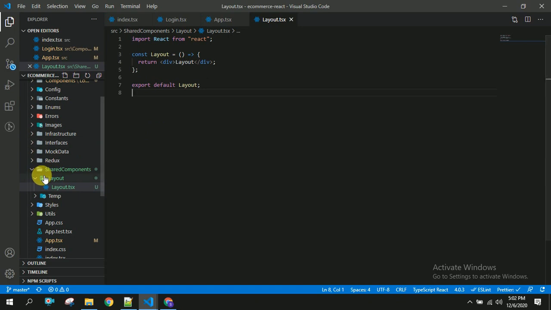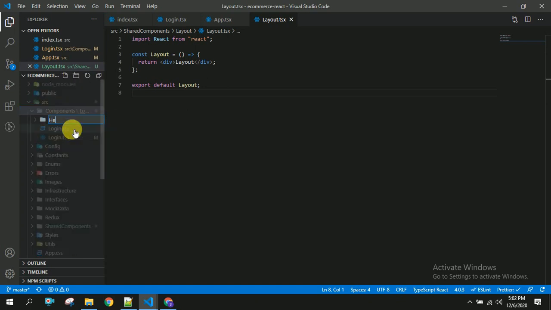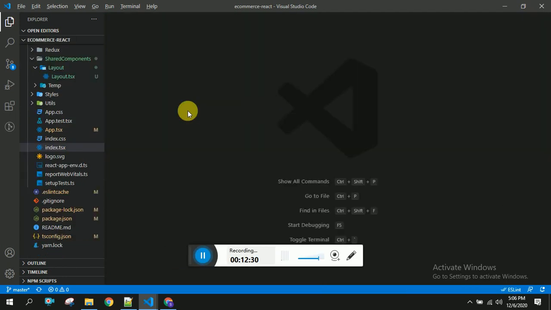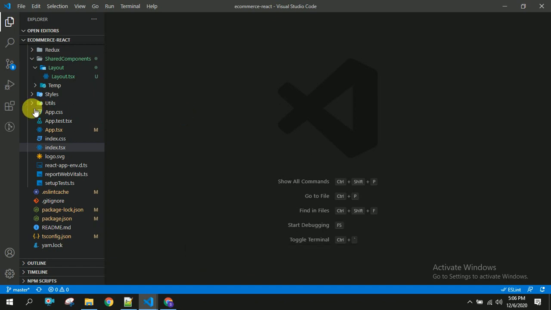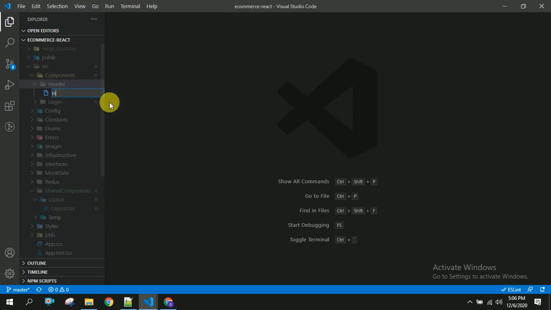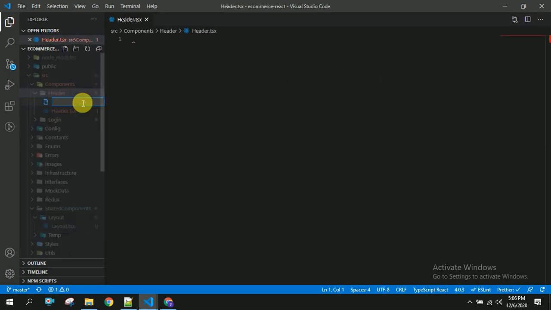Now we have to create a header in the components section. There is some issue here. I have created the header folder. In this header folder I am going to create header.tsx and another file header.css.